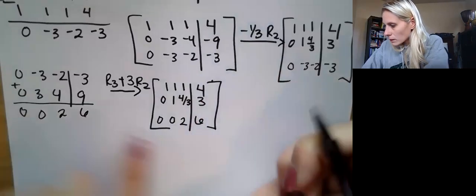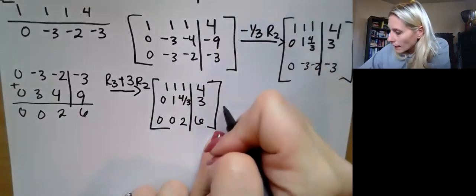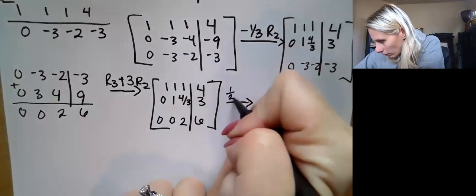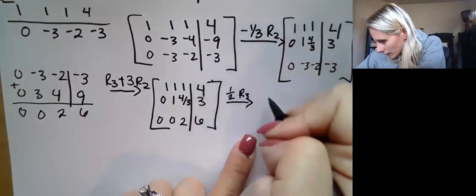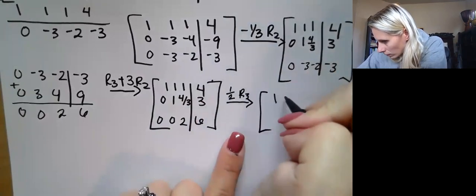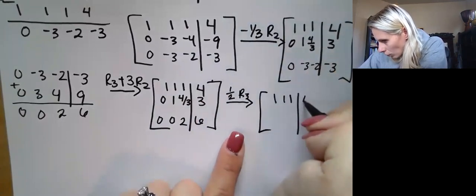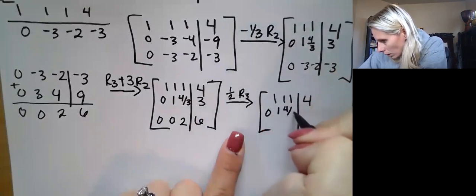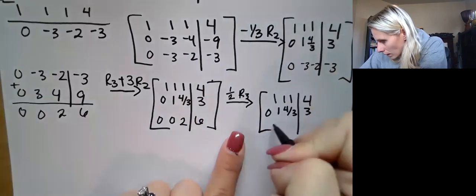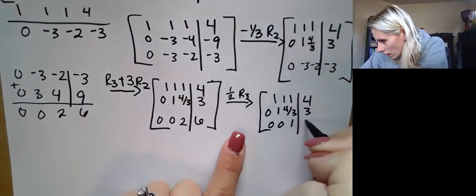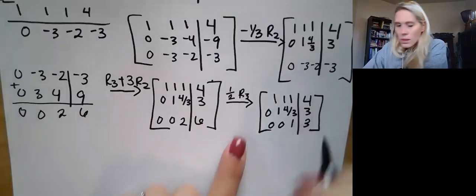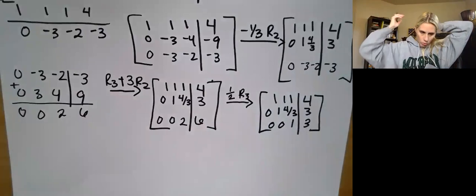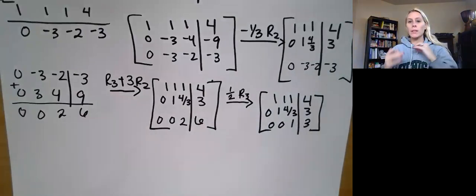Oh, this is good, right? Because what do I have to do with the last row here? I just have to divide by 2 or multiply by 1/2, right? Okay, let's see where we get. 1, 1, 1, 4. 0, 1, 4/3, 3. 0, 0, 1, 3. Okay, so now I have it in the row echelon, but if we are to actually put it in reduced,